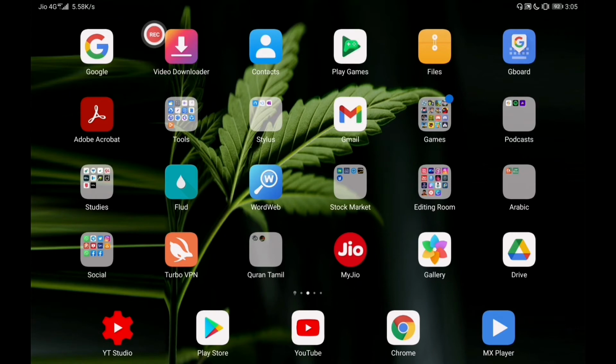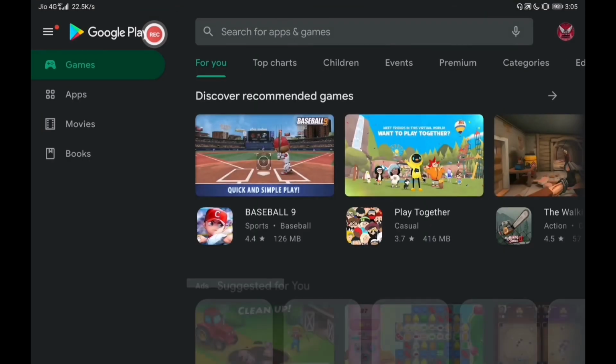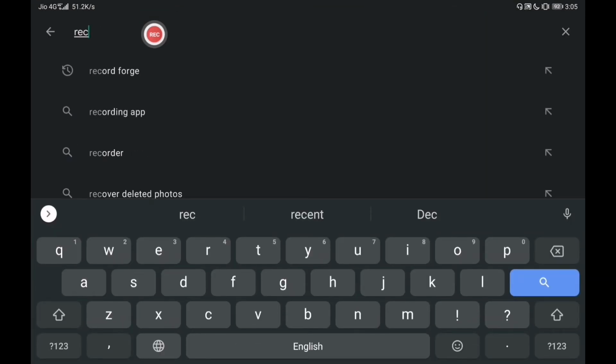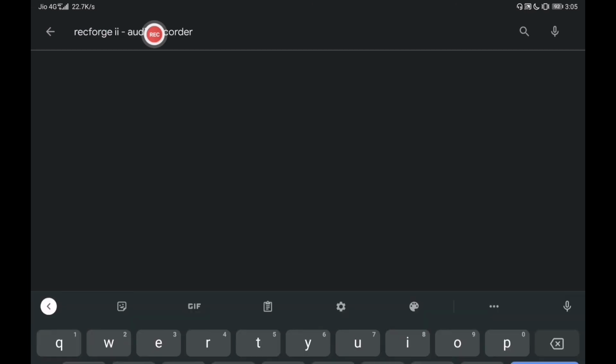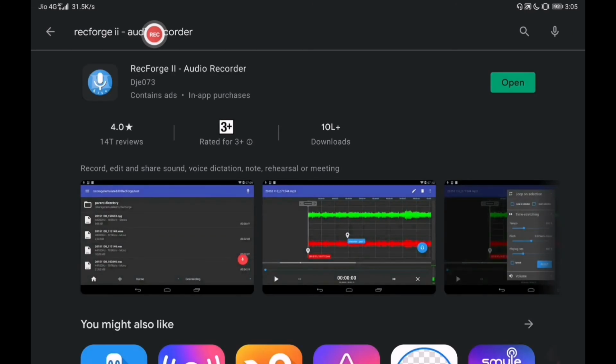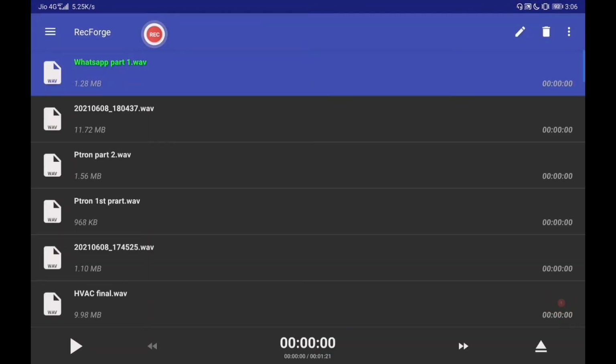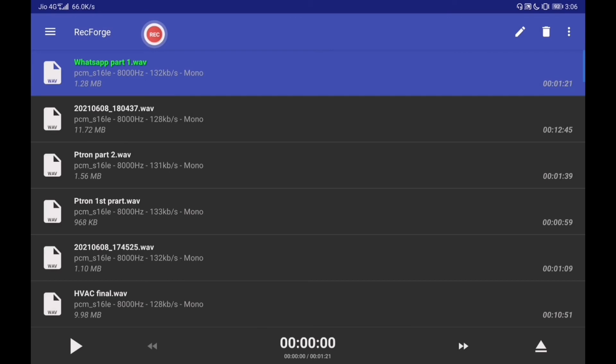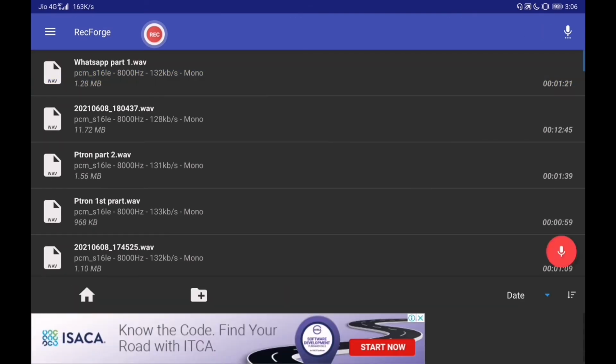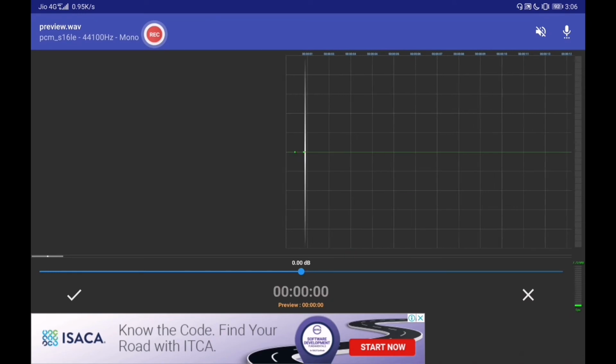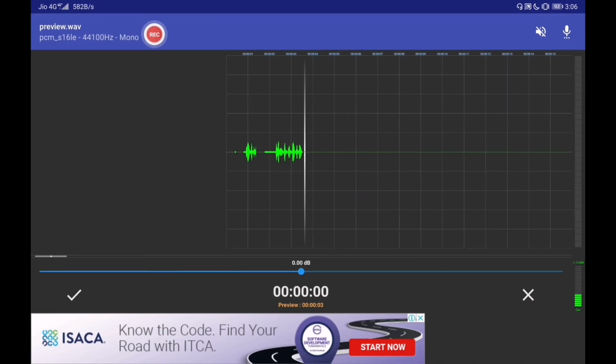So this is how you reduce the noise from a video. I told you at the start that I will be telling about a 4th tool, which is gonna be RecForge. So you shall try this audio recorder also. It will record your voice or whatever you are trying to record, in a very efficient and better manner. It will not have much noise. So you should just download it from Play Store and you should open it up. This is the interface. You just have to click on this button, this red color button over here, and it will just like that, it will start recording.